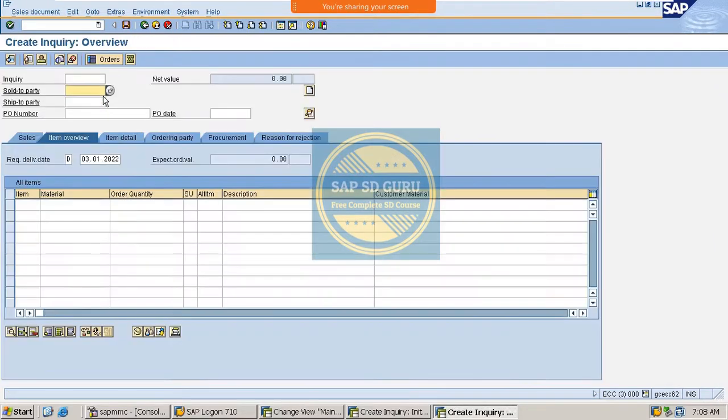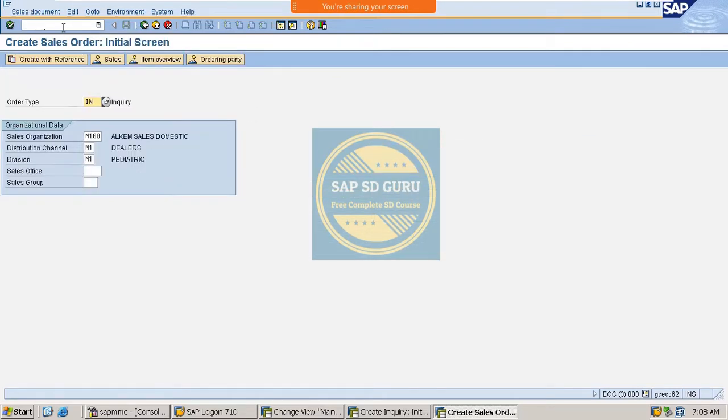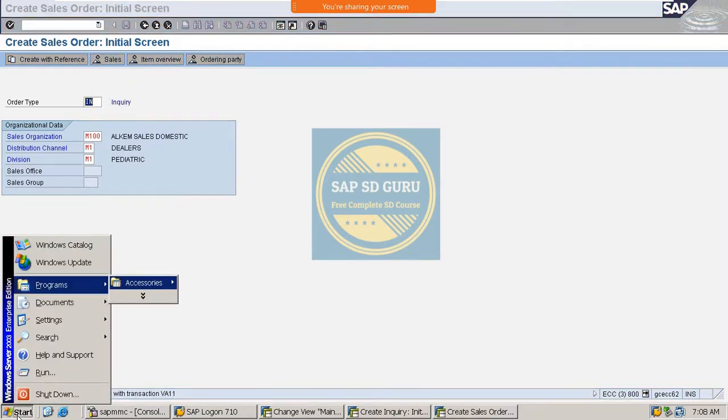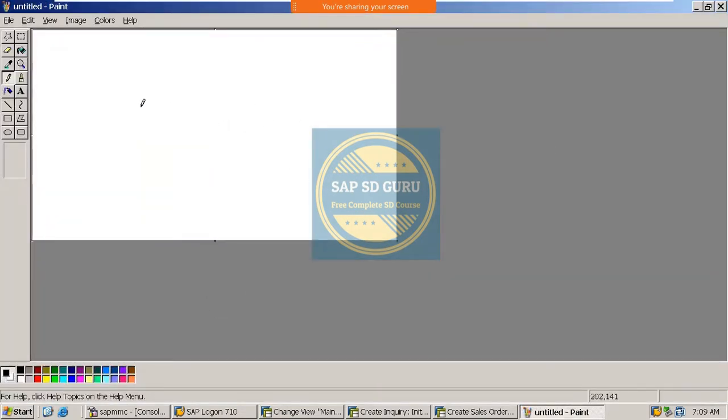Now let me see what it is showing. Sales document type IN with the transaction VA11. Okay. So let me go here. VA01 and VA11 and